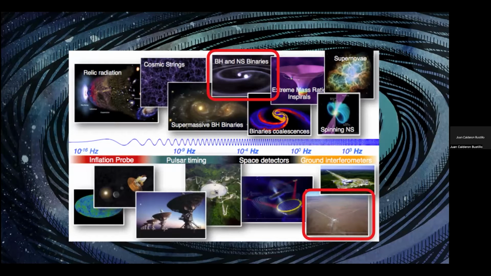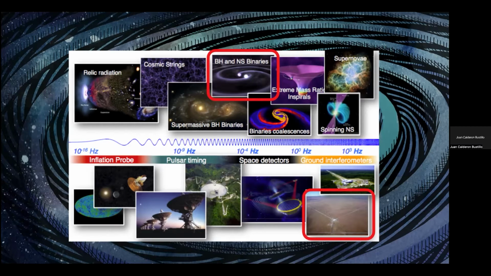So there are many sources that can produce these gravitational waves. Each one has a characteristic gravitational wave frequency, except for the cosmic microwave background, we could basically extend through all frequencies. And the main source I work with are compact binaries, as I said, and these are collisions of compact objects. For instance, black holes, neutron stars, or other exotic objects that could be around there, like boson stars or quark stars or whatever you can imagine.